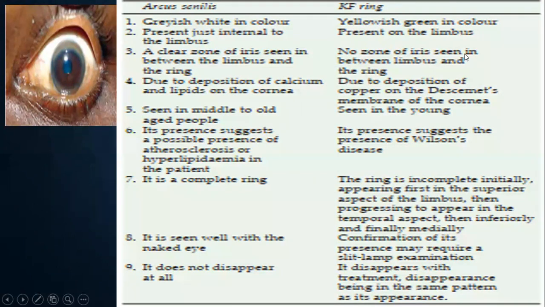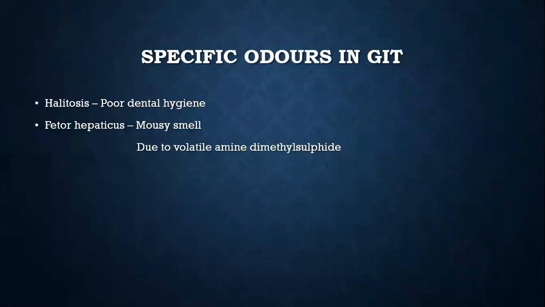And arcus senilis occurs in old age people, whereas Wilson's disease is commonly a disease of the young. And KF ring is better appreciated with a slit lamp examination than by clinical examination. So we have finished the eye examination. We look for pallor, we look for icterus, and we specifically look for a KF ring. Now coming to the oral cavity and oropharynx examination,